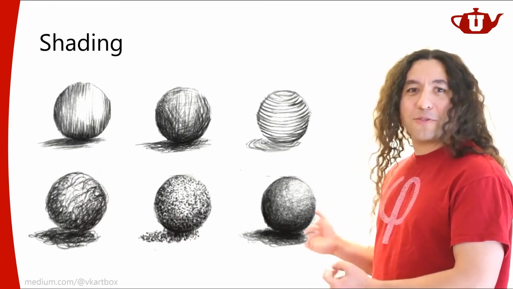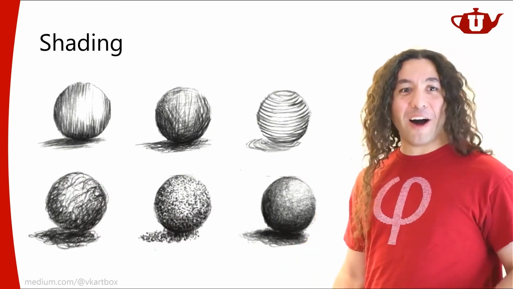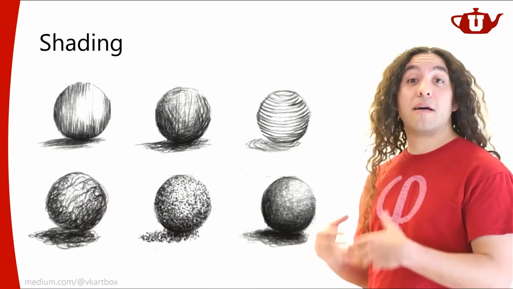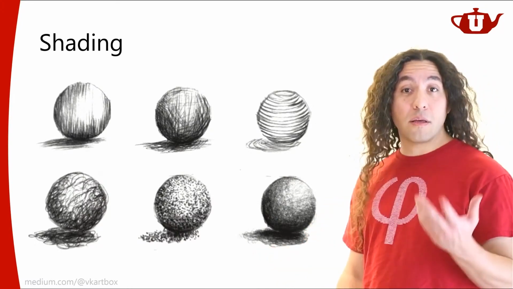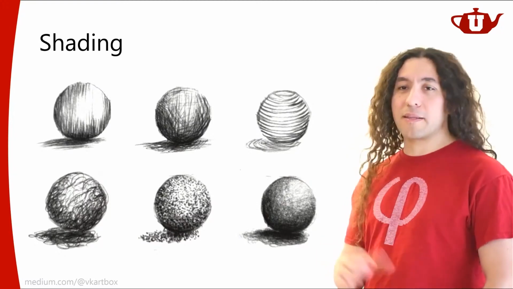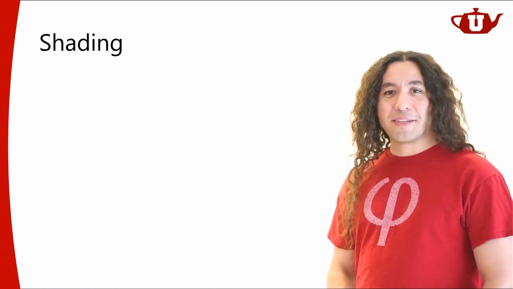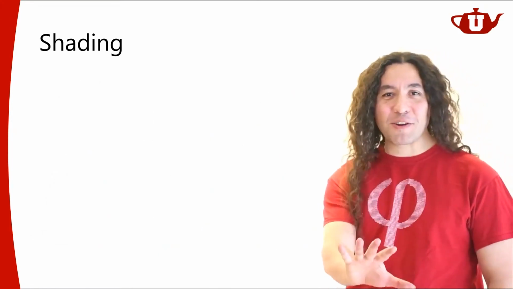But of course, we're not going to be doing it with pencil. We're going to be doing it on 3D models. It's going to be all about computing color and color variation on 3D surfaces. Not necessarily 3D surfaces, but yeah, that's where we're going to start. So, shading in computer graphics.